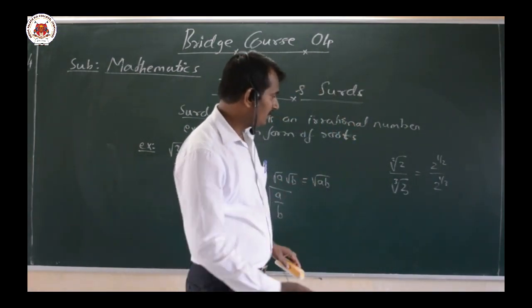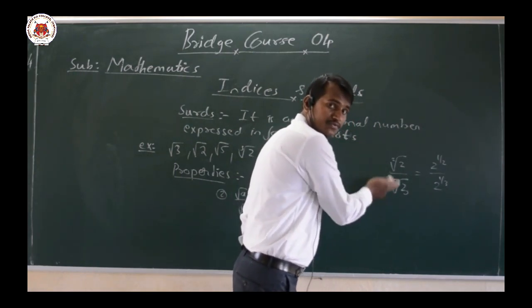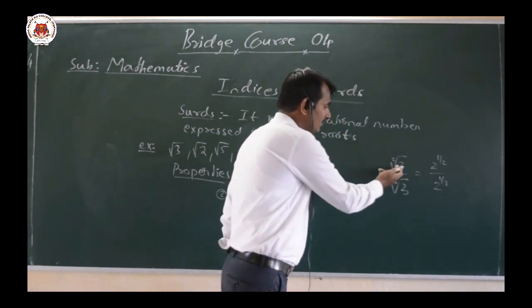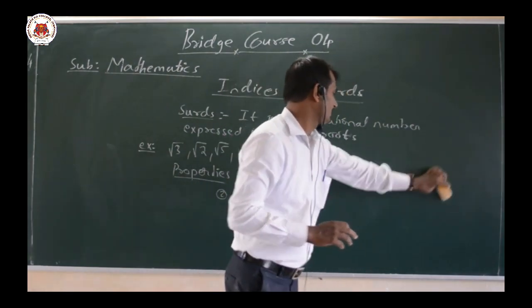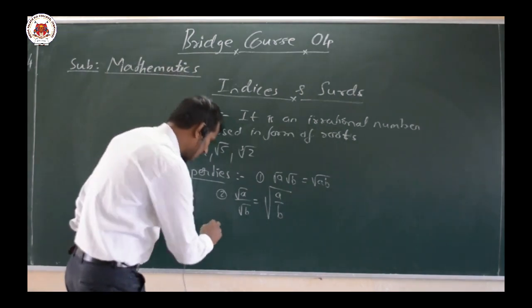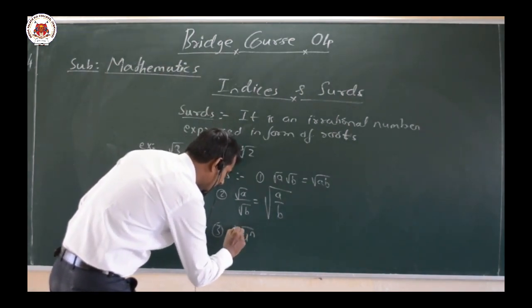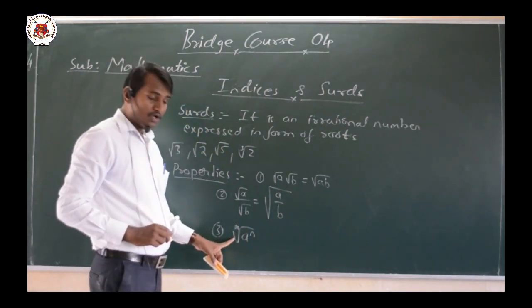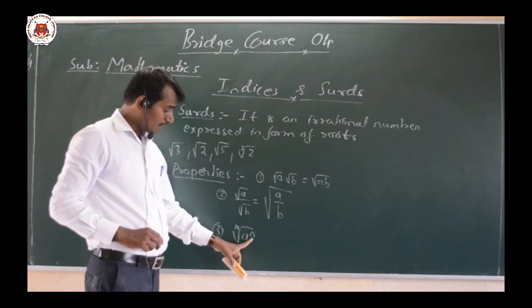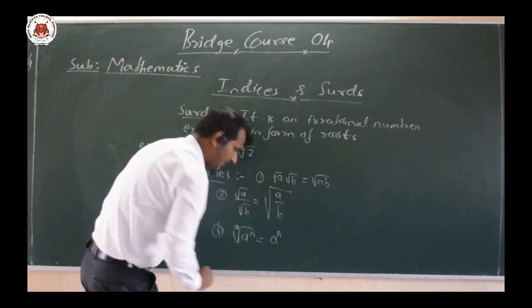But what is the common thing? Root should be same. Root means what? Square root, cube root, fourth root, fifth root, whatever the value may be inside here. Okay. First thing. Then a to the power of n, cube root of. Okay. So what you have? Mth root of a to the power of n. How we can write here? First of all, a raised to n I will write.